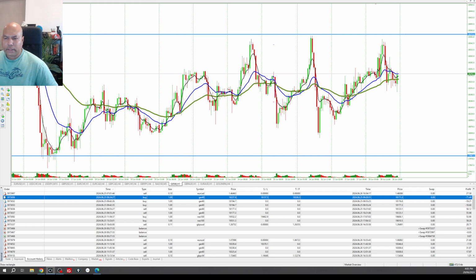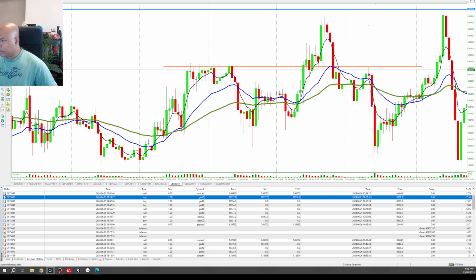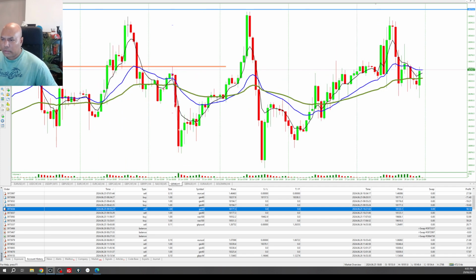That's the reason that I lost, and even though I recognized my mistakes in the analysis, I straight away went into the long position, closed the position, and then went into short after that. And as you can see, these are the short trades, and the short trades are taken after this